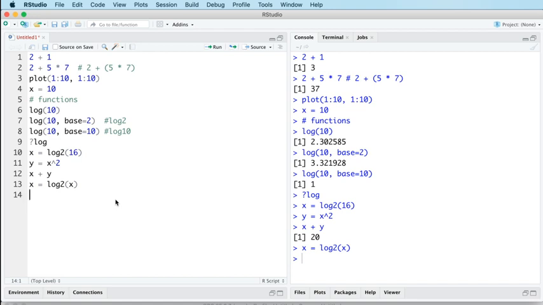We've done arithmetic and everything, and fairly straightforward operations, but it's all been numerical. But R can handle different types of data quite happily, so we don't have to just work with numbers. We can work with other types of